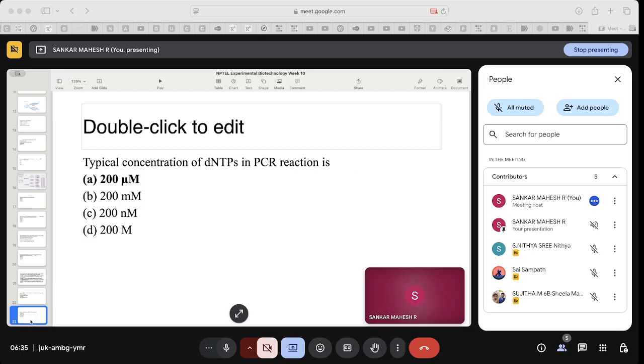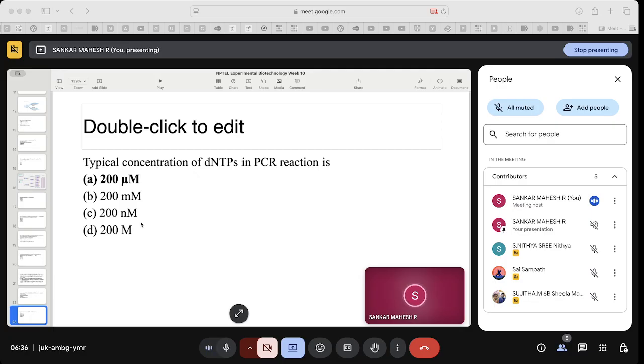Good. And the last question is: typical concentration of dNTPs in a PCR reaction is, and here if you see, 200 millimolar is a lot, 200 nanomolar is very little, 200 molar is extreme. Your cell can't withstand such a large concentration of salts, and 200 micromolar is what people use for normal PCRs. Now,